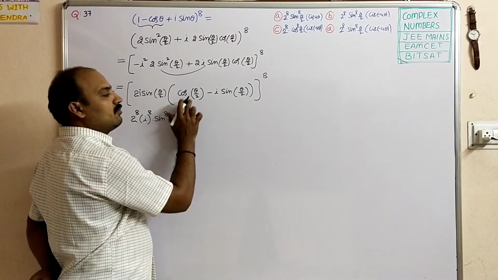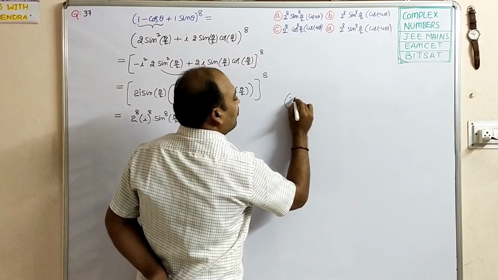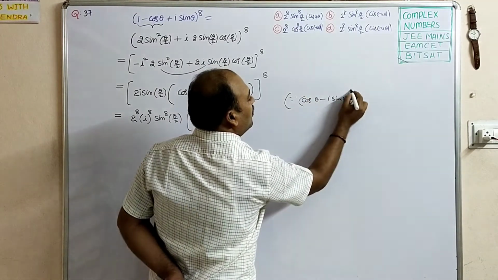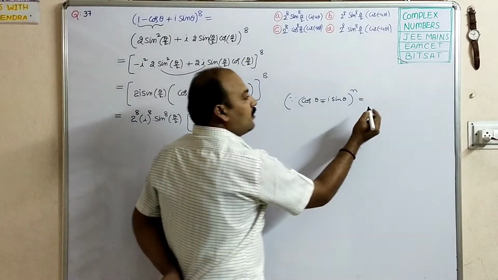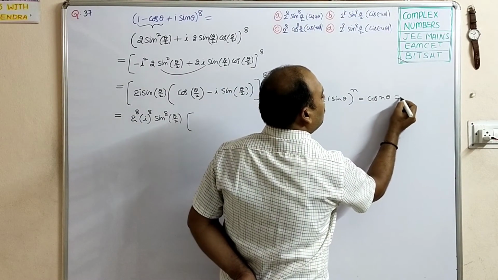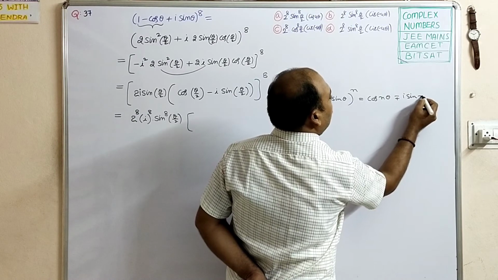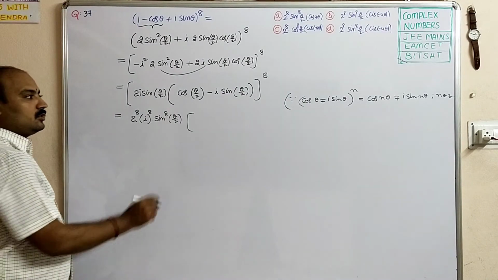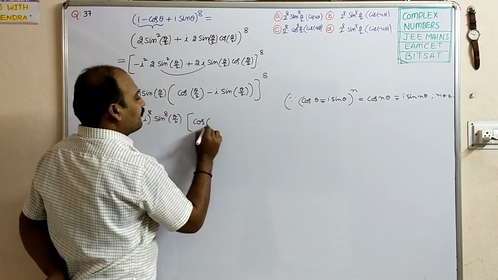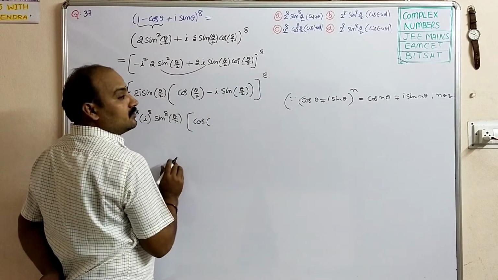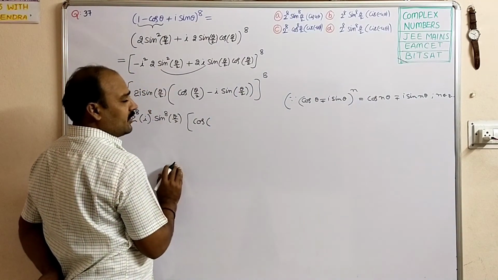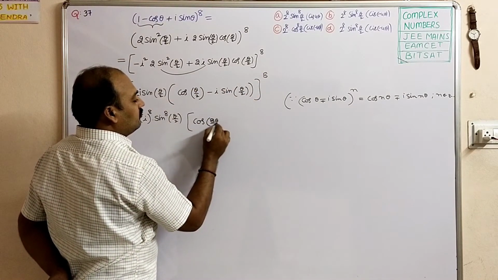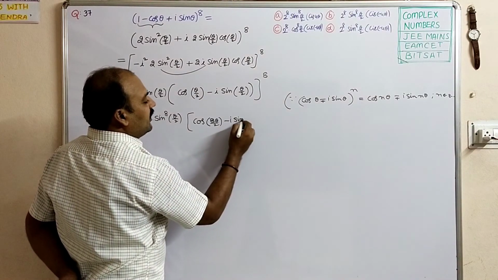By using De Moivre's theorem, cos theta minus i sin theta whole power n, whether it is minus or plus, it will become cos n theta plus or minus i sin n theta. So it will become cos, not in place of 8 theta, n into theta by 2, that means 8 theta by 2 minus i sin 8 theta by 2,